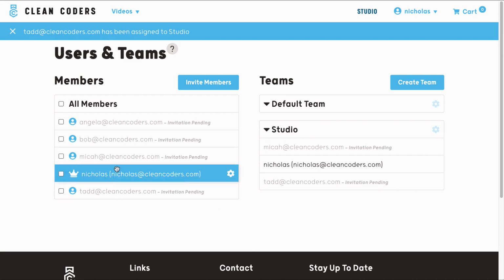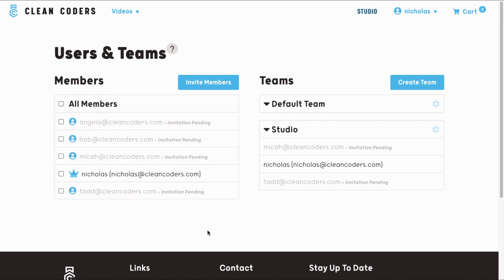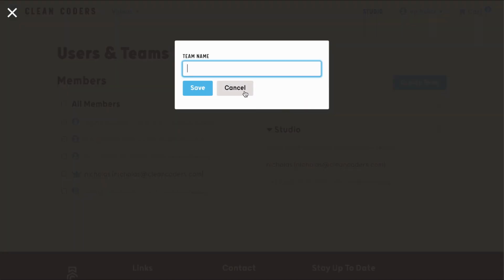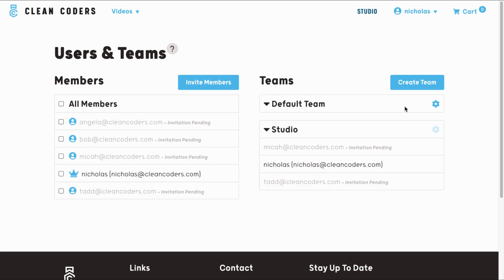Now, there's still 2 other people in my organization who don't have a team. And instead of creating a new team this time, which I certainly can do, the same way that I did the first time, I'm going to make use of this default team to show you the settings that exist for teams. So if I go over to the default team and I click on this little gear icon,